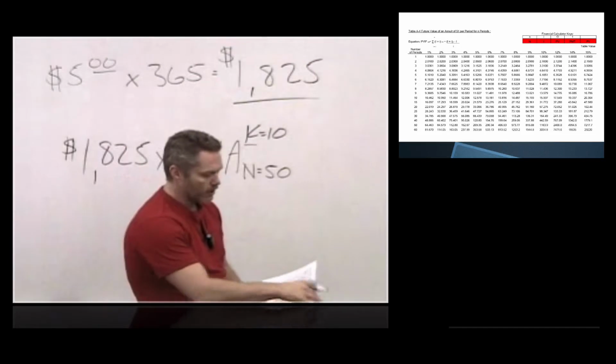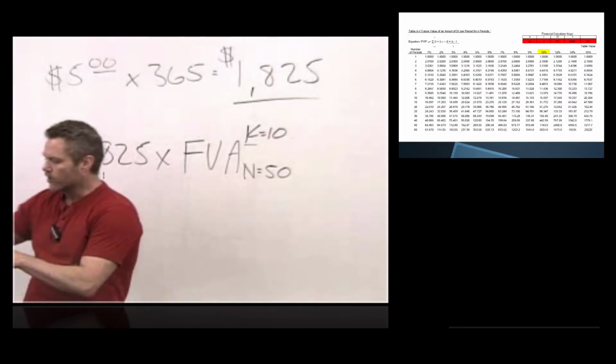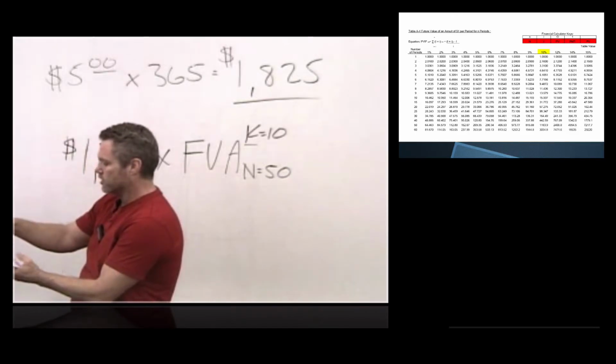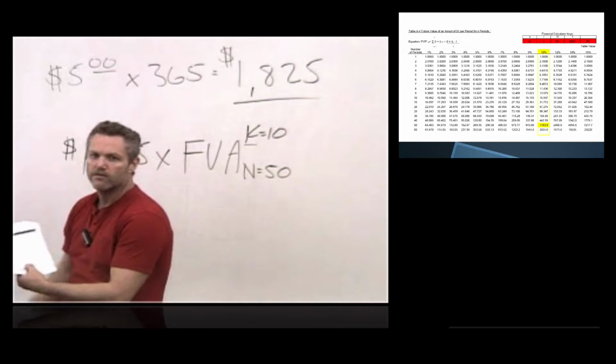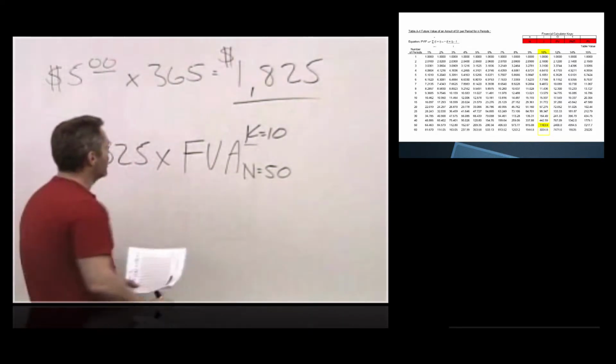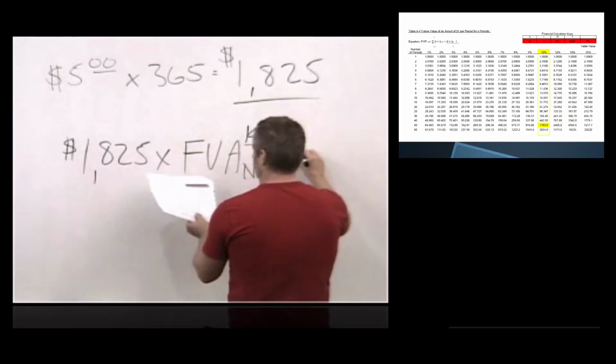We're going to slide across the top, and if you slide across the top, you see 10%. Then we're going to slide down the chart until we hit 50 years, which is the second one from the bottom. And that factor that we have is